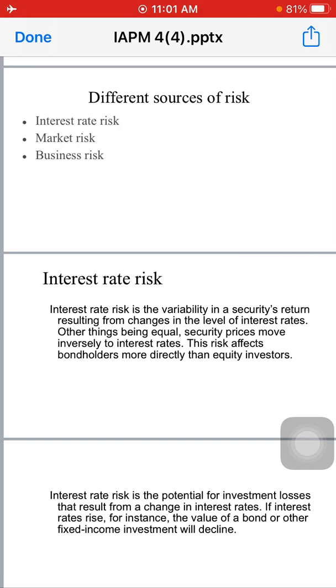If Mr. A has invested rupees 10,000 in bonds, or let's assume he has invested in 10% debentures of XYZ company. When he purchased 10,000 worth of debentures, the time of maturity, let's assume, is 20 years. So he can hold the debentures until 20 years, or he can sell the debentures in the open market or in the secondary market.